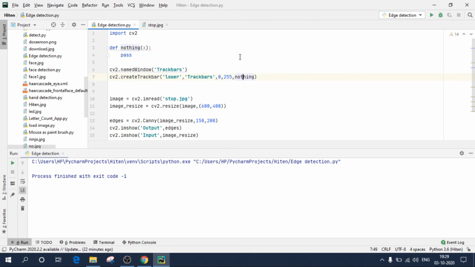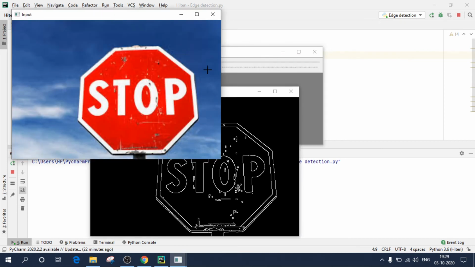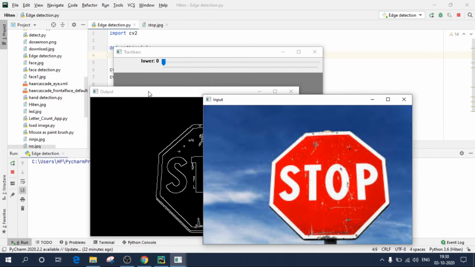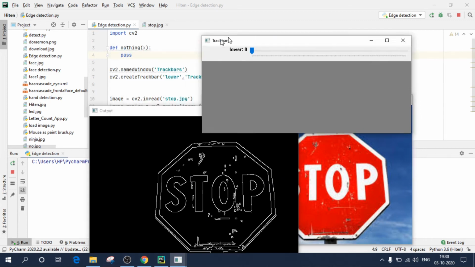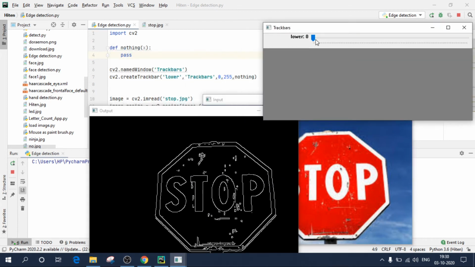So if I execute this code, now you'll see we have a track bar over here named lower. It starts from 0. This 0 means the slider position, and it can go up till 255.